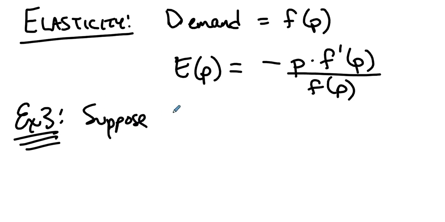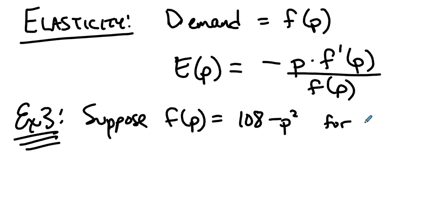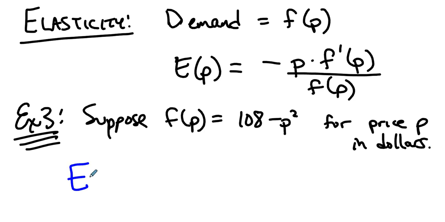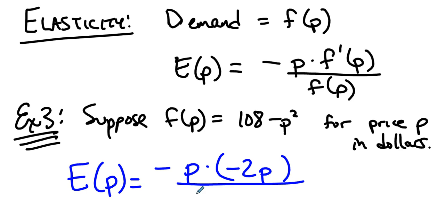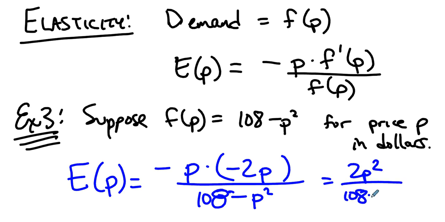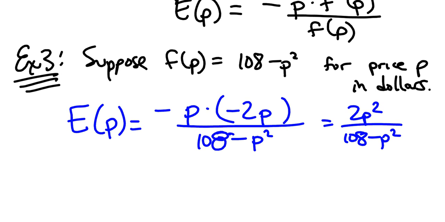Suppose that F of P is 108 minus P squared for the price P in dollars. What is the elasticity of that demand? The elasticity of that demand is negative P times F prime of P over F of P. And this happens to be 2P squared over 108 minus P squared. So it's time to ask,